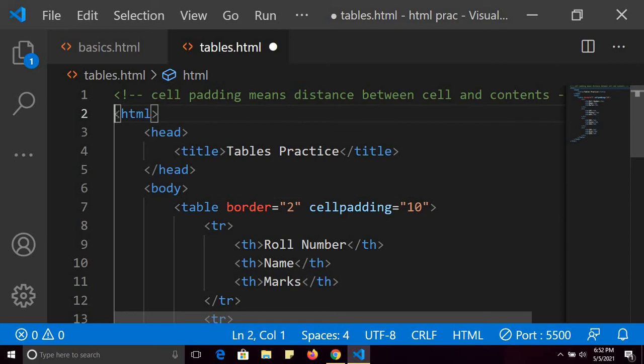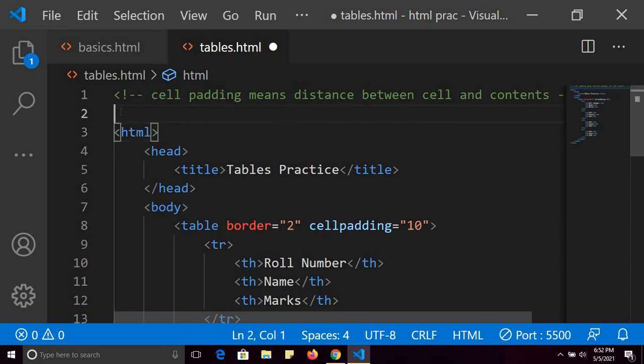And there is another important property. Actually we can also use CSS for setting these options, cell padding and cell spacing, but it's a part of your syllabus. Fine, so that's why I am explaining cell padding and cell spacing.